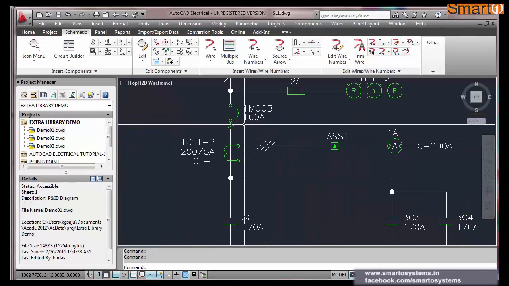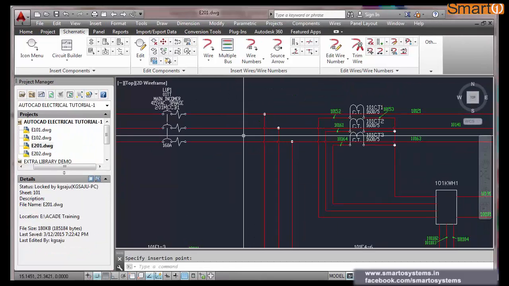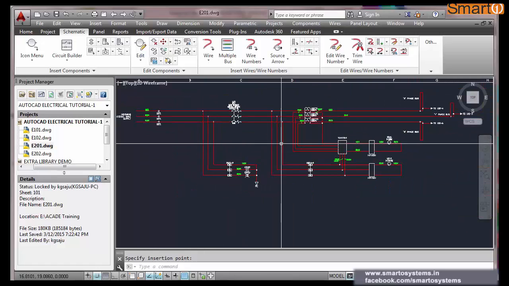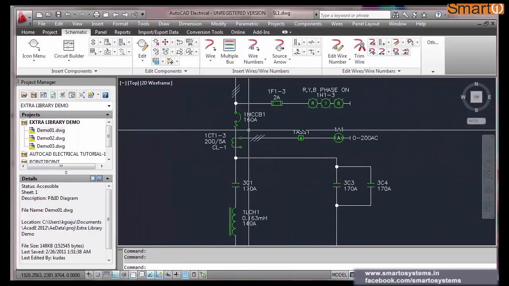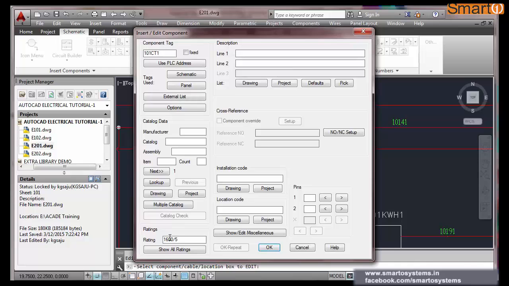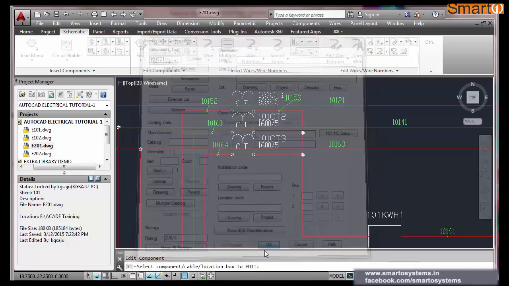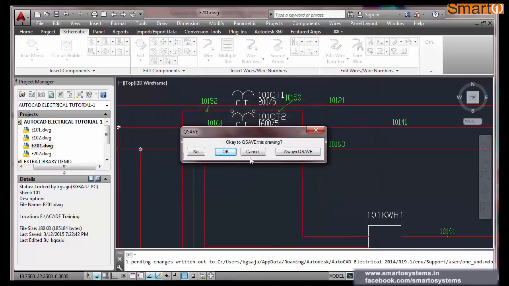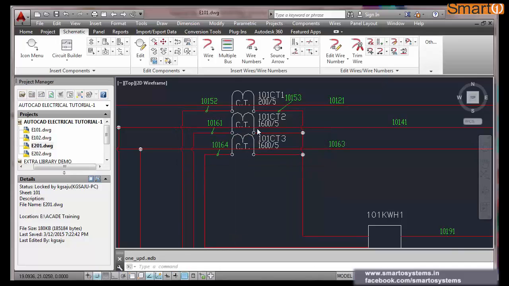Now if you go back to the single line diagram, there is a CT 160 ampere, fine. The indication is there, there is a CT. Here again the CT rating is 200, earlier it was 1600. If you want to change it, you can change it. Okay.